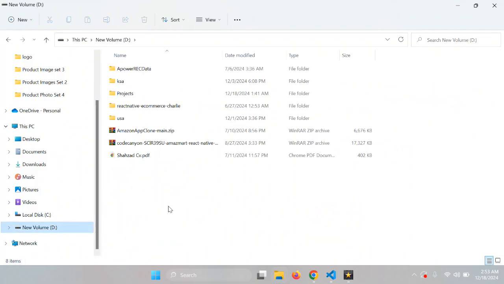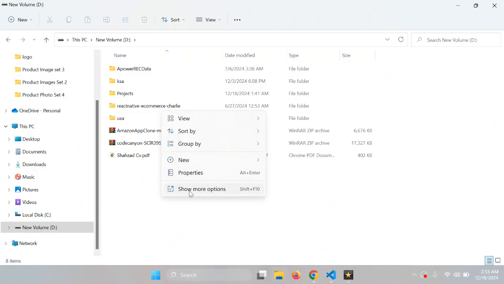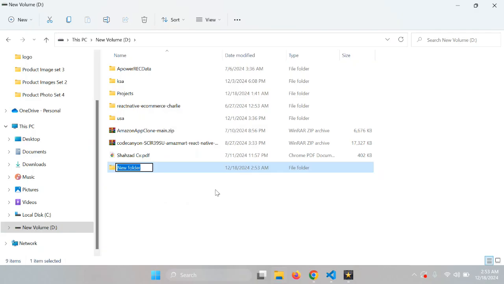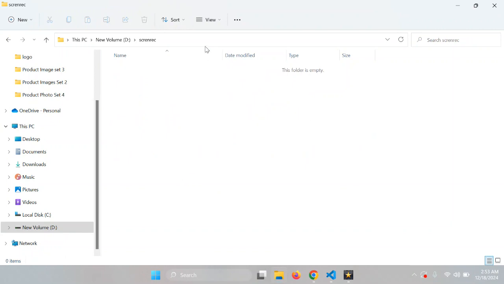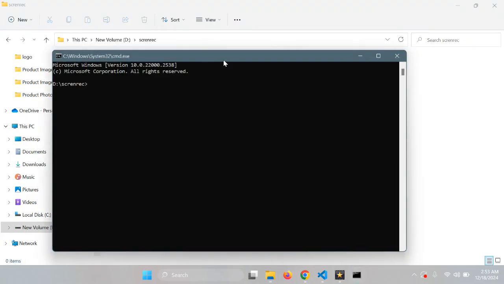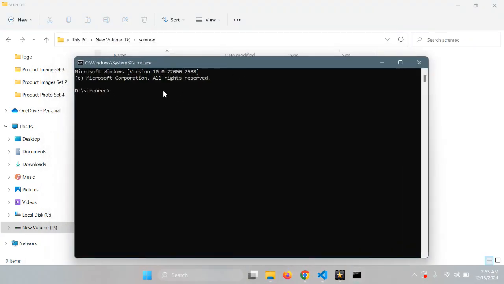I have a folder like this, and I'm creating a new folder here. Name this screen. In this folder we open the command prompt, and in the command prompt you have to write. First of all, you create your React app. So I'm creating the React app, npm